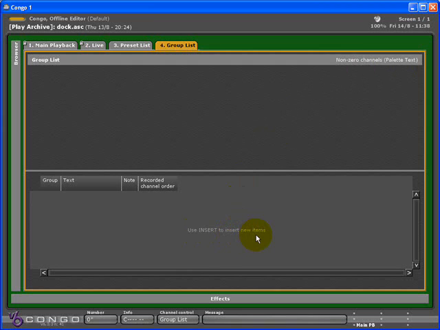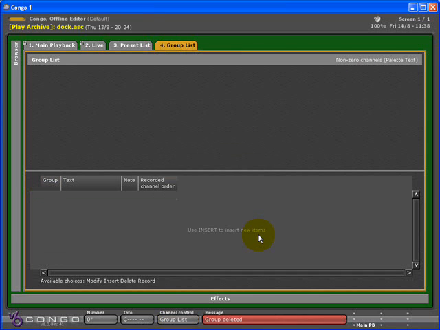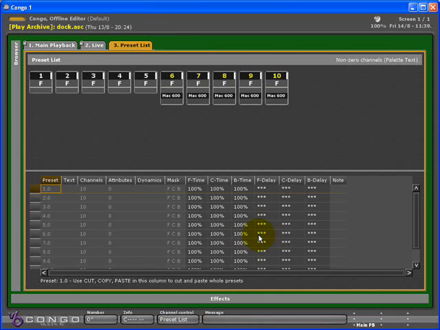And there's a hint: use insert to insert new items. This goes for most editors. Insert is the key used to insert stuff, and delete is the key used to delete stuff. And usually you have to confirm that with a dialog. So I hit modify. I'm going to close the group list, pressing the escape key, and we're going to use